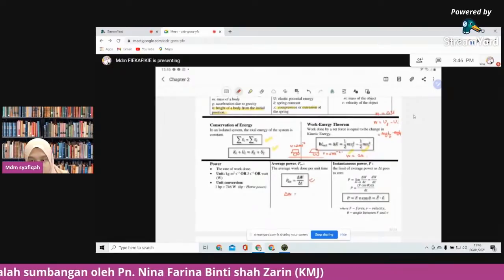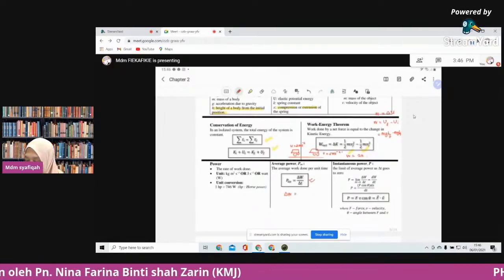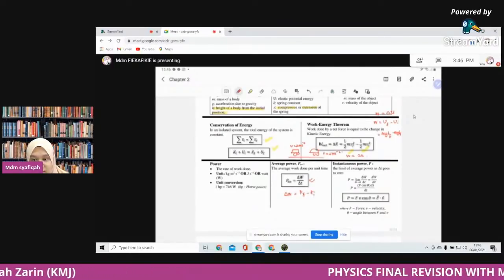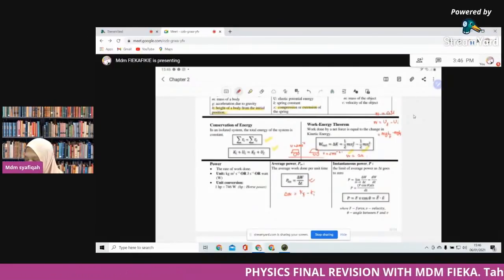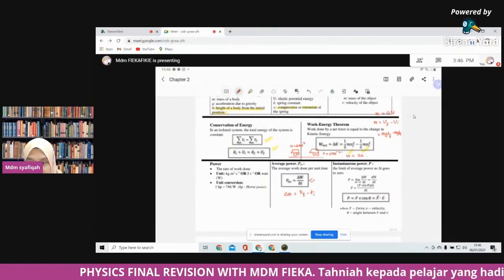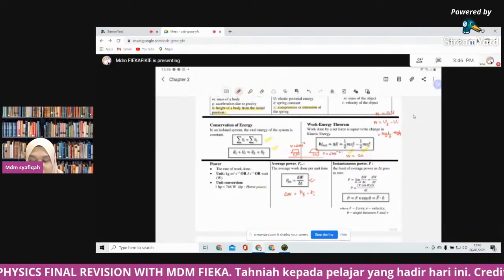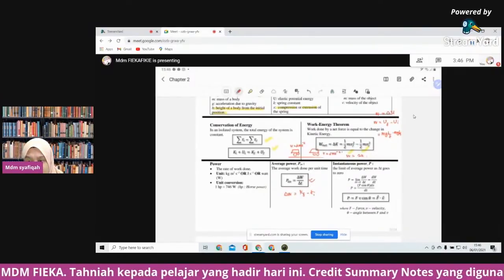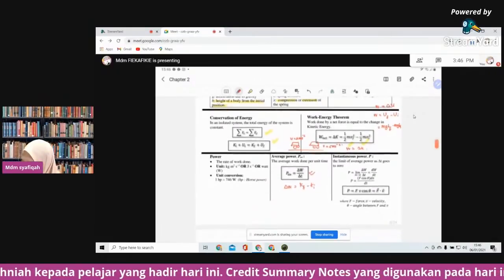Remember delta W, when we have the change of the kinetic energy, we can have K final minus K initial. Okay, boleh guna. Ataupun we have the change in the potential energy. Okay, and for the instantaneous power, we want to calculate the instantaneous power. For example,